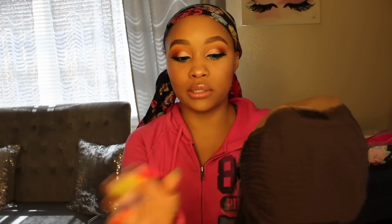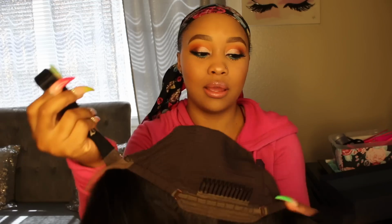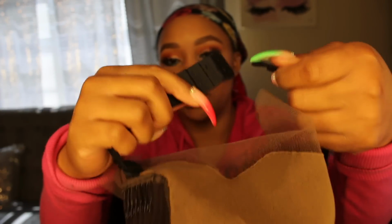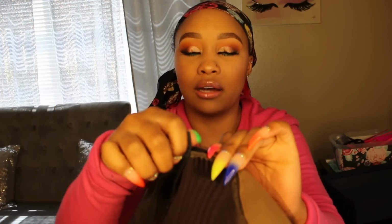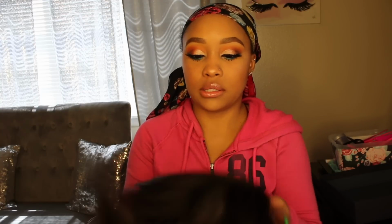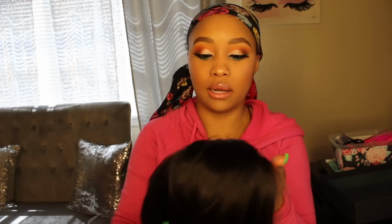And then also, it does have these on there. You don't have to use them if you don't want to, but it is clipped on, kind of like a bra strap. It's going to be really hard to show y'all this, but you basically pull this together, and this is an elastic band, and it's adjustable. It has the clips kind of like a bra, so you can adjust it however short you want it. And then it also does come completely off, so you don't have to use this if you don't want to, but it's a good option if you're trying to do it more so glueless or whatever. So what I'm going to do is cut off the lace on it so that we can see about laying